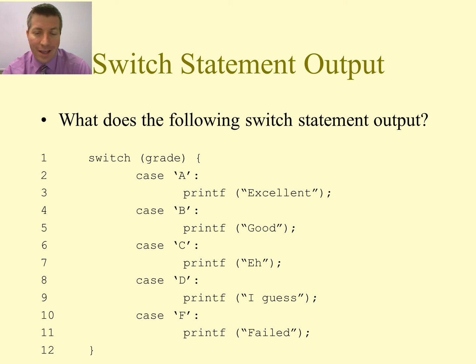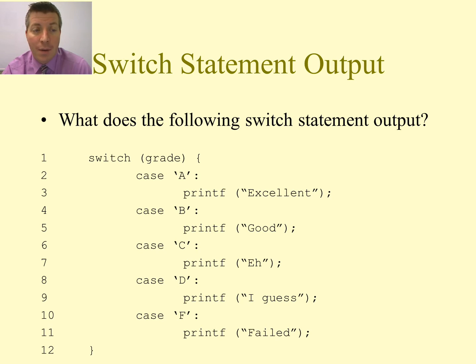it's not going to print out any of those because none of the cases will match. In this case, we do not have a default case. Just like with an if statement, we do not have to have a default. We don't have to have an else statement. So with switch statements, we don't have to have a default case. That means that if none of those values matches, then we're just going to skip it. It's going to check all of those cases, and then just jump out of the switch statement and not execute